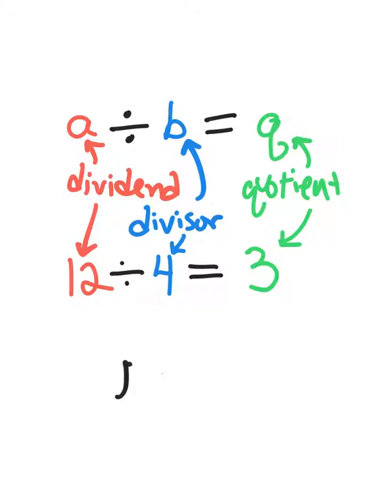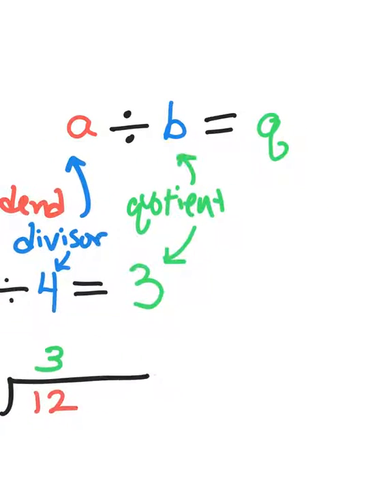In a long division setup, the dividend is the thing that's under the long division sign. The divisor is the number that's to the left of the division sign. And then the quotient, for strange reasons it seems, shows up on top. And so that's how that looks. This is how it looks anyway if the divisor, like 4, is a factor of the dividend, like 12. In a case where it's not,